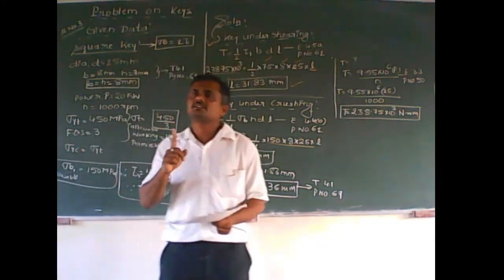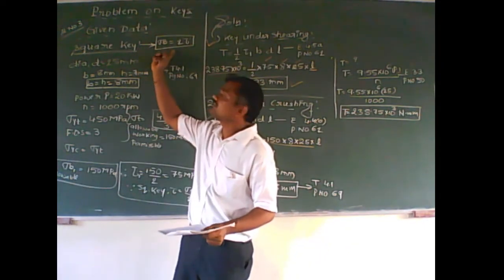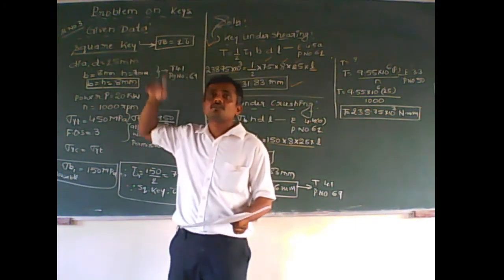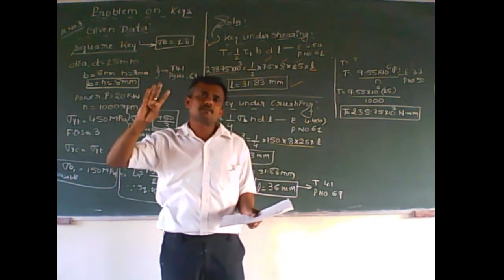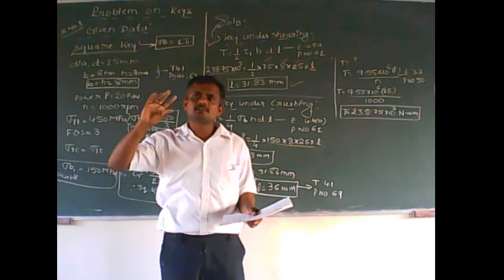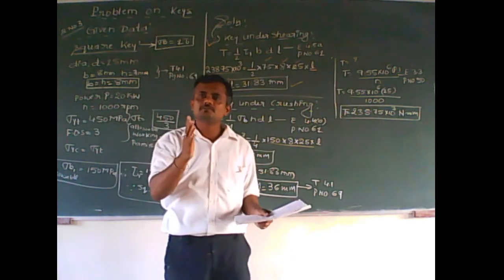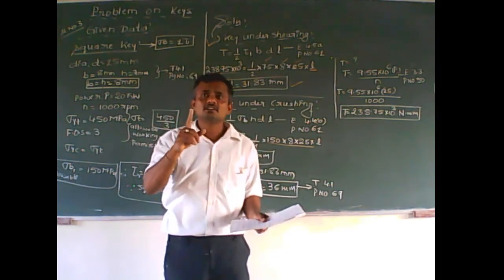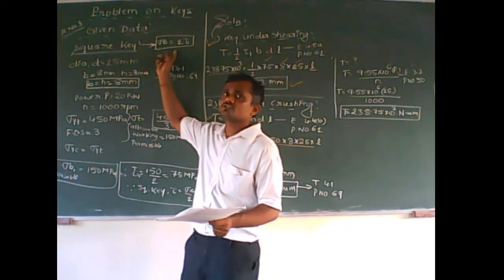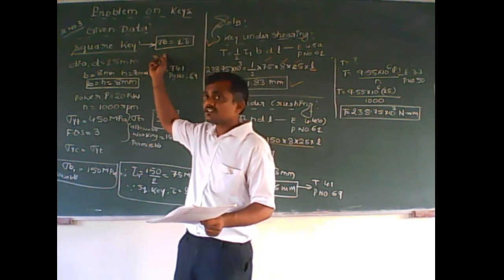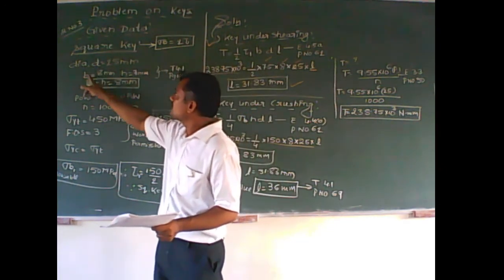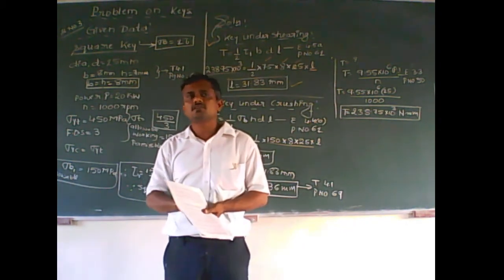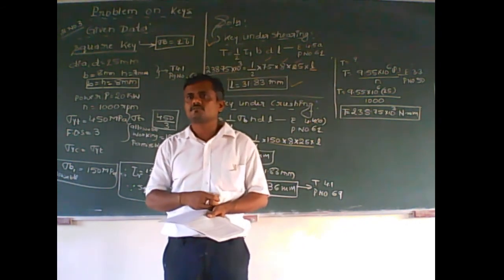So remember students, this square key with these equations, this relationship is very helpful in further coming chapters also, like in muff coupling, flange coupling also. Why? Because in muff coupling, if in the problem it is specified that use a square key, then you have to use this relationship, and when the square key is used, at that time b is equal to h. We have to consider this, it is quite different from a rectangular key. Understood?